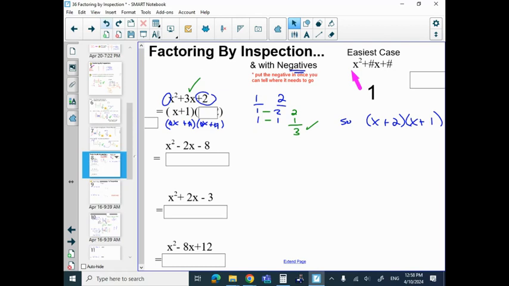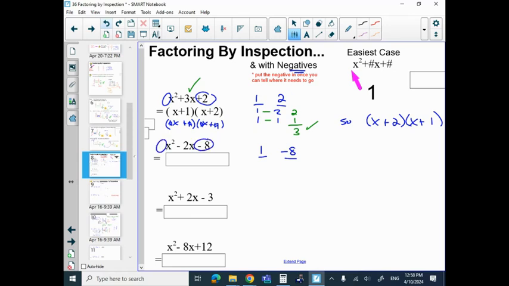Okay, so that's what you're going to see there. A 1 and a 2, or a 2 and a 1. Different orders, doesn't matter, of course. This one, we've got a 1 and we've got a minus 8. Oh boy. Don't do it to me again. Minus 8. So we've got a minus 8 and a 1,